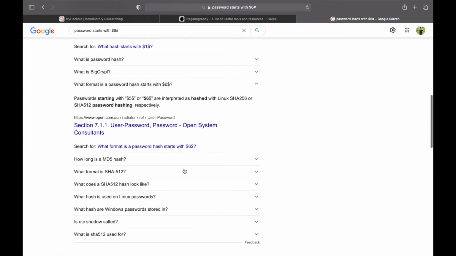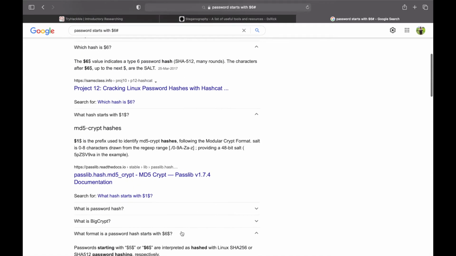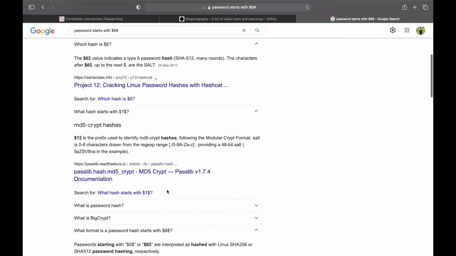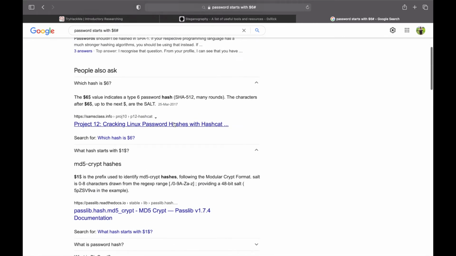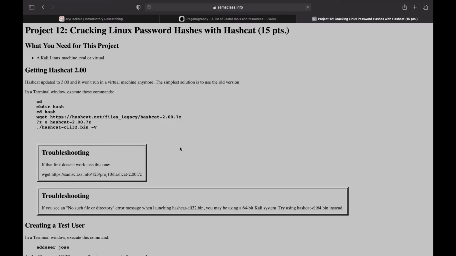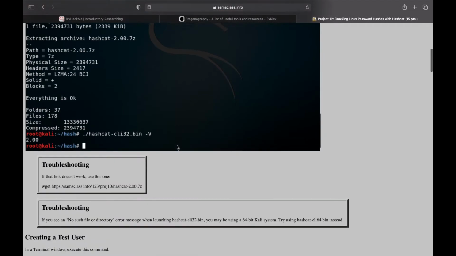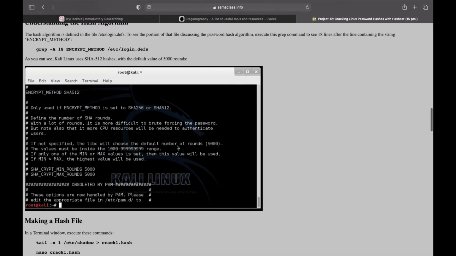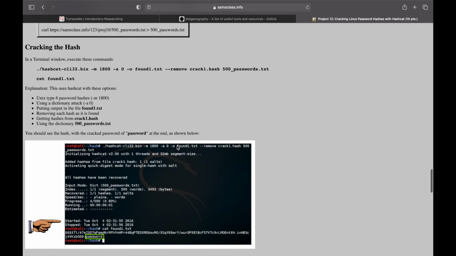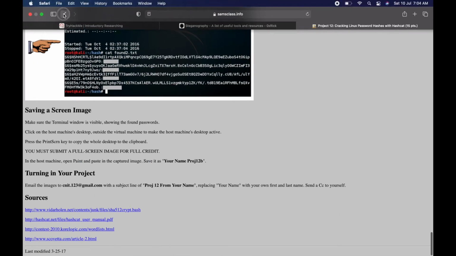What hash is used for Linux password? It's MD5. No, not MD5. $6. Where is it? Okay, let's see this one. Getting hashcat. Okay, using the password salt, making a hash file. I don't want this.